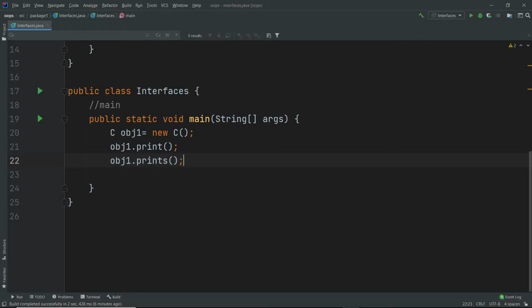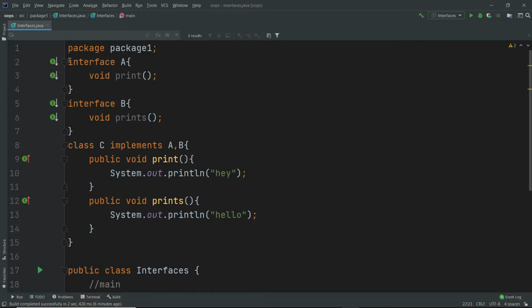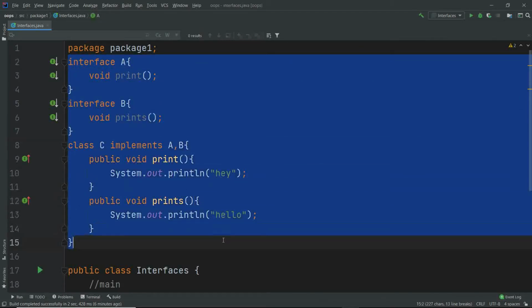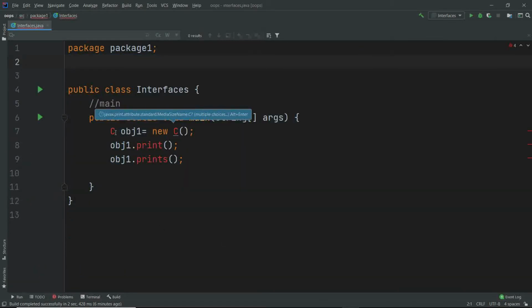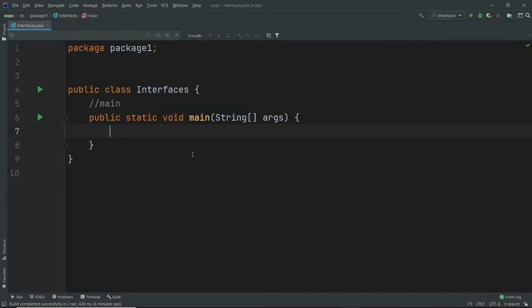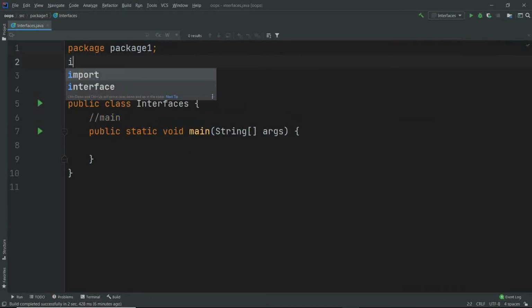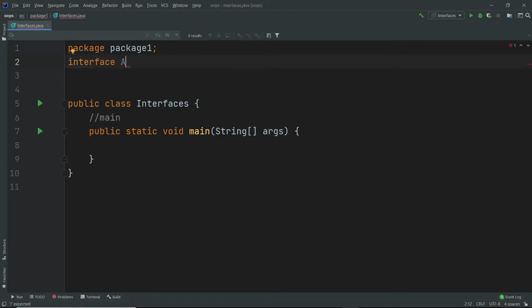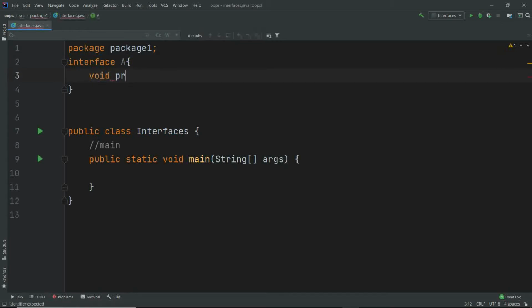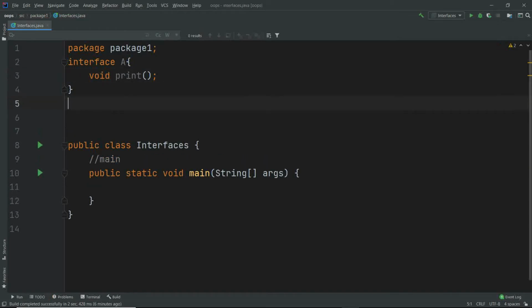So let's check out how we can inherit an interface using another interface. For that, I'll again remove everything. Here also I'm gonna remove everything. Now let's create an interface called A, and inside this let's put void print, just like before. I removed it again so that it doesn't create any sort of confusion. Again, interface B